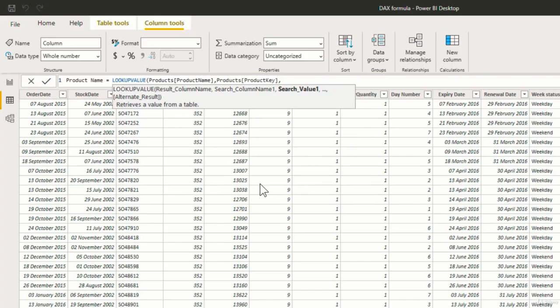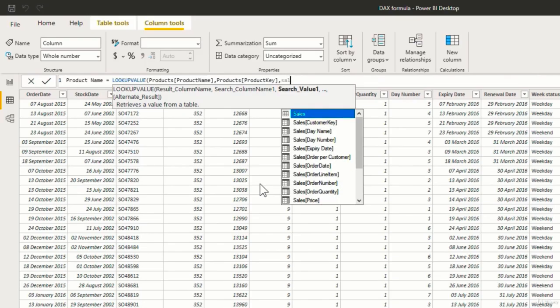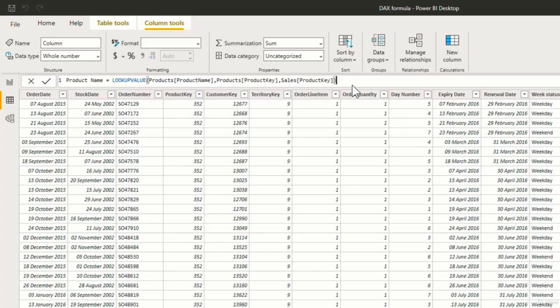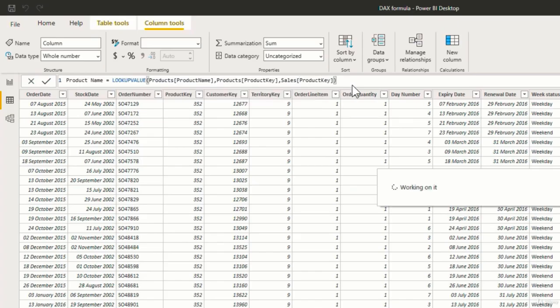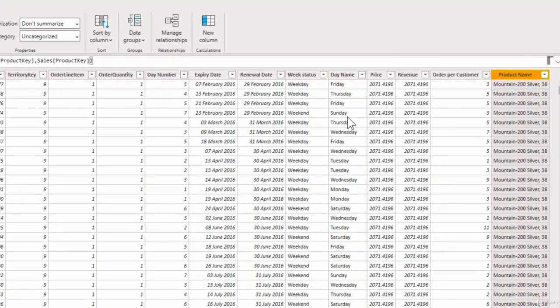comma. Now the search value is the product key from the sales table. So I will enter sales and look for that column. So I will select this product key column and then I will close the bracket and hit enter. So you can see here a new column product name has been added and it has the product names for